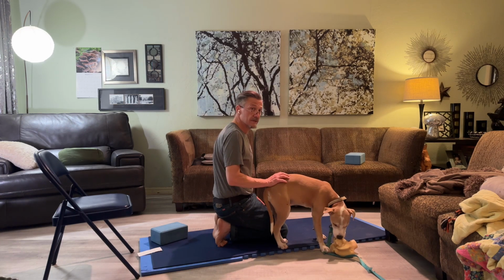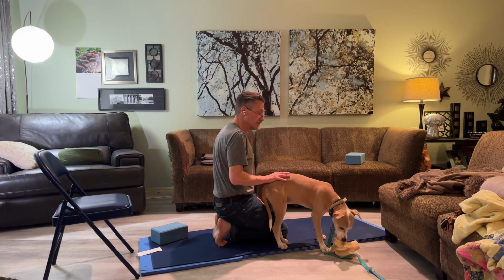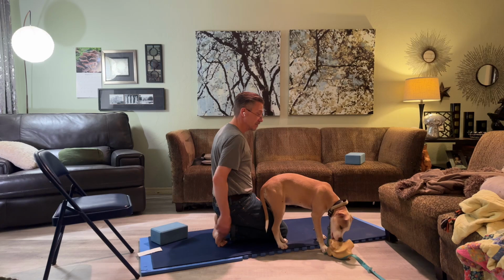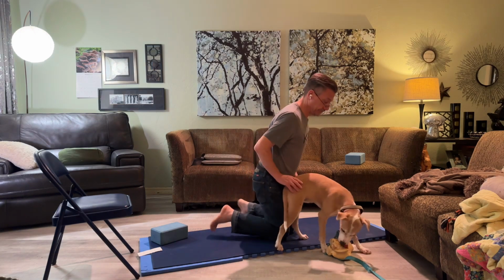Again, 2 to 5 minutes. Now, it turns out this also will give your feet some flexibility. It'll stretch your arches, which will eventually help your calves. Okay, now,